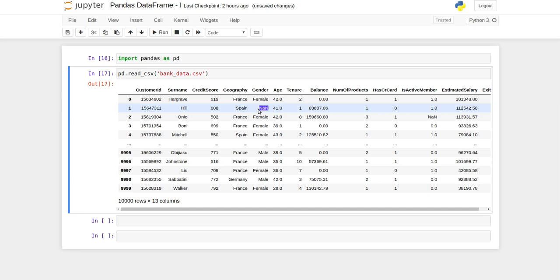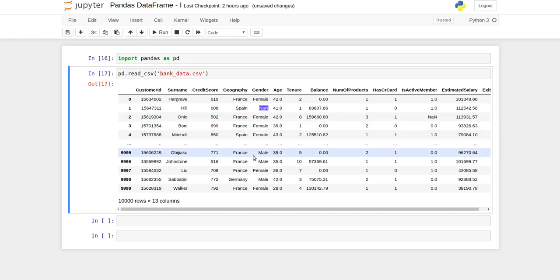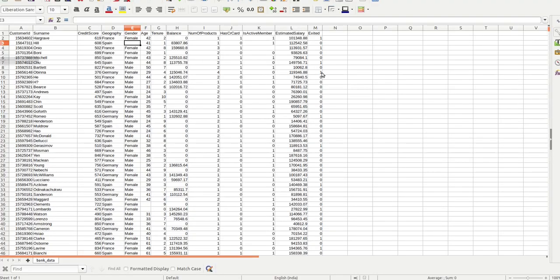Let me explain it. First of all, let me show you what is present in the file. So here we have a blank cell actually. Whenever we have a blank in our file, the pandas data frame converts that blank value into a nan value. If you check here also, there is a nan, and if I check this in my file, here we have a blank value.